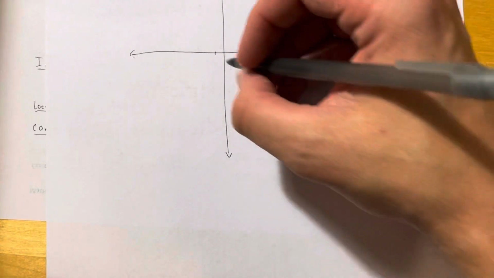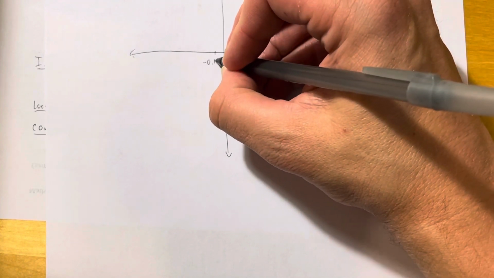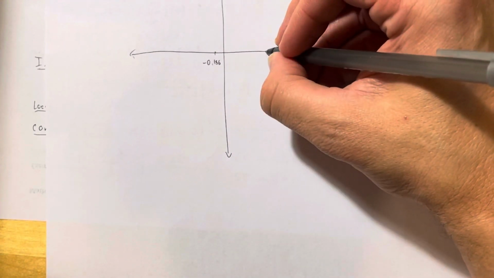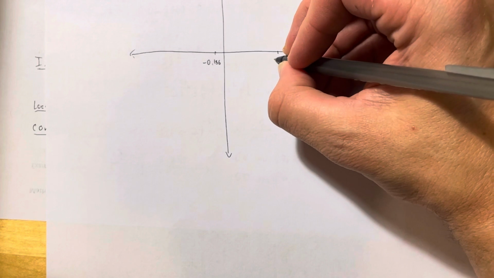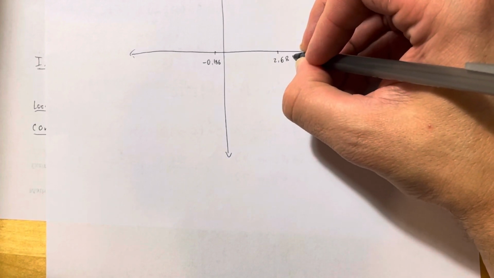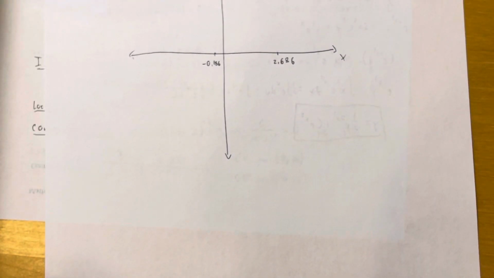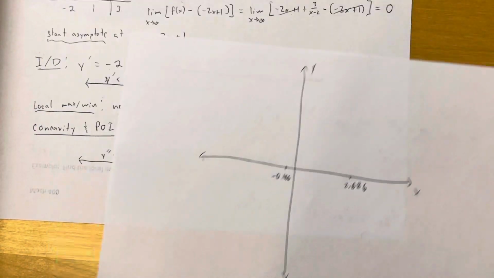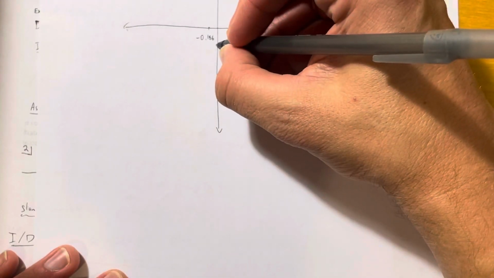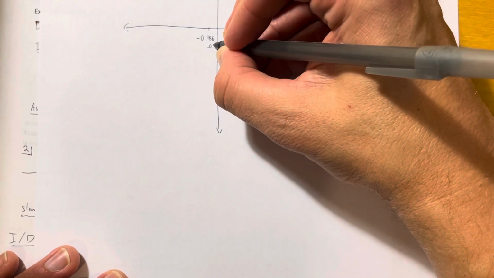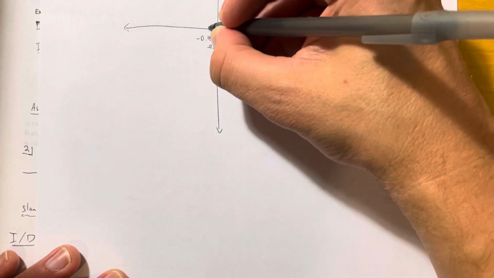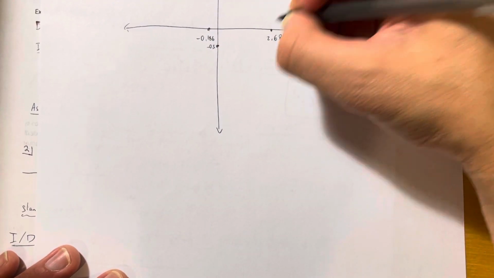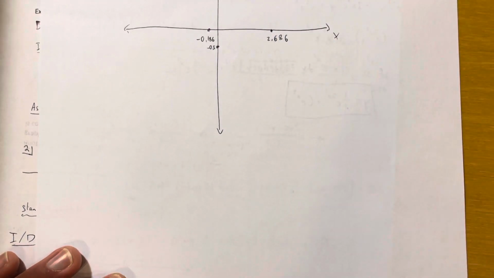See, one of them was negative 0.186. One of them was 2.686, like that. Okay. And then we also have a y-intercept, which we found here at 0, negative 1/2. So let's say negative 1/2 is like here, negative 0.5. Y-intercept there, x-intercept there, x-intercept there. Okay,